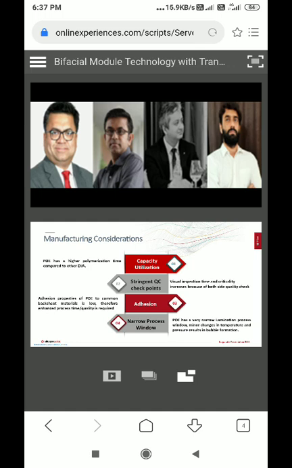Obviously, because you have two surfaces, there are stringent quality checkpoints which need to be in place. Some of the things which were hidden because of the white backsheet now need to be doubly checked, because you have a transparent backsheet at the bottom. So the front and the rear surface visual inspection, and the criticality of the inspection, increases multifold. The addition of POE to some common backsheet materials is low, therefore enhanced process time and quality time is required to actually optimize their values.